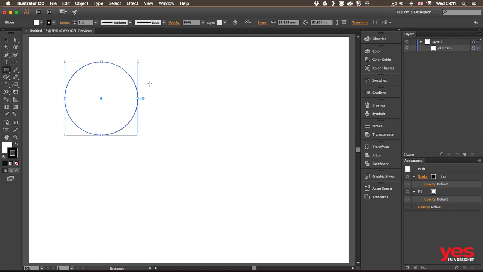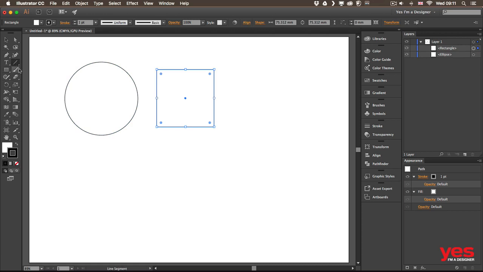So there's a circle, there's a square, and we can also draw lines. Just simply using the line tool, I can draw a line as well. You will see that Illustrator always applies the same principle, so that black 1 point stroke on the outline of these shapes. In this video, I'm going to show you all the things that you need to know about the